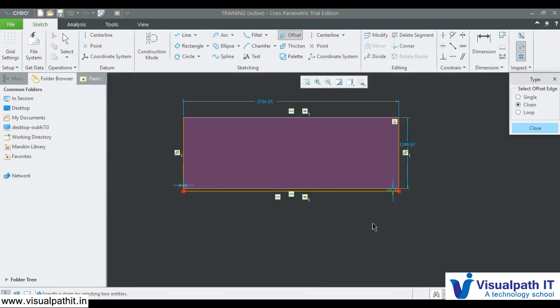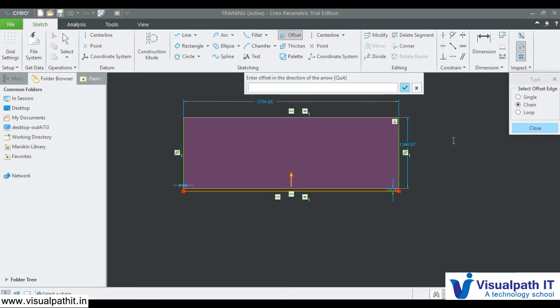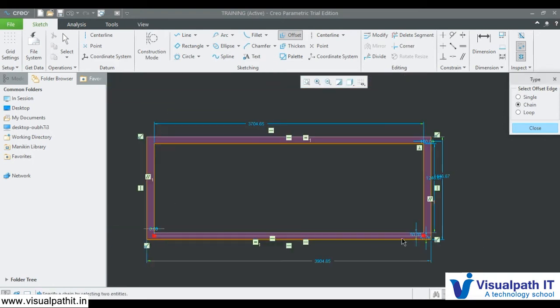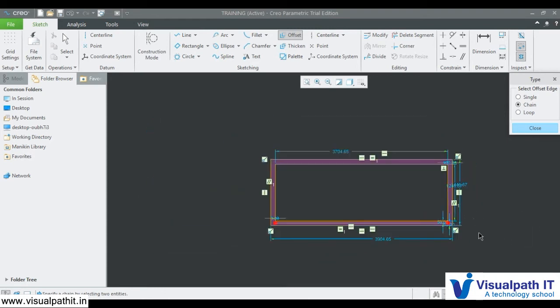Let's say I want the whole chain, the whole rectangle offset. Then I'll select this thing. Here I selected the whole rectangle. And then I want minus 100. Here it created the whole chain. That means all the lines which are connected to that, it selected and it created. This is useful when you have an edge which is already imported and you want some similar curve with a different radius. This is where you use this offset.